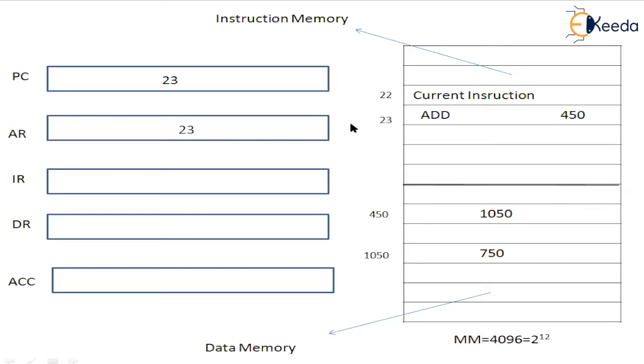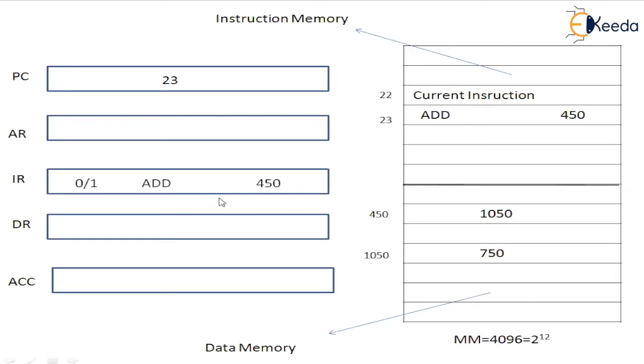This address will be located in the main memory. So the program counter value should be transferred to the address register. The moment the address register is loaded with a new address, immediately it will get located in the main memory, under which the available content, which is an instruction, will get transferred to the instruction register.